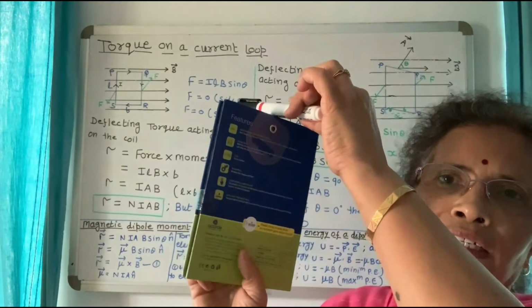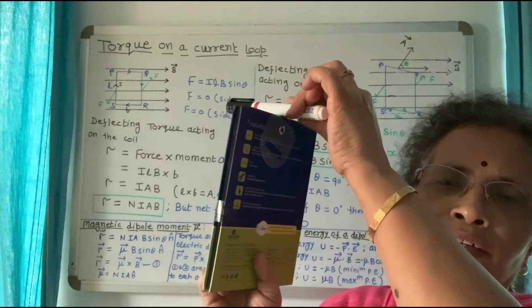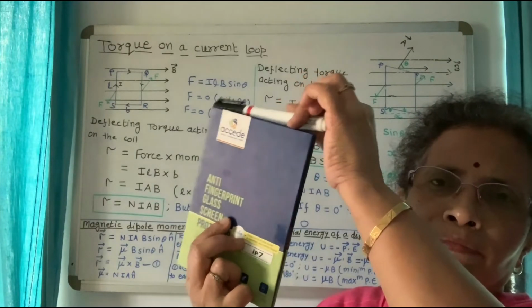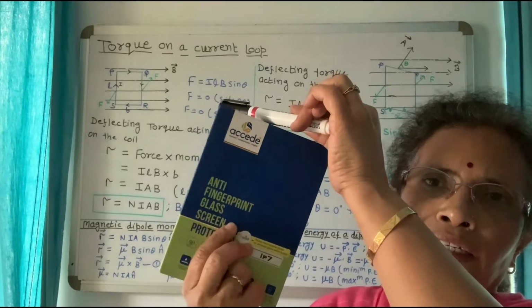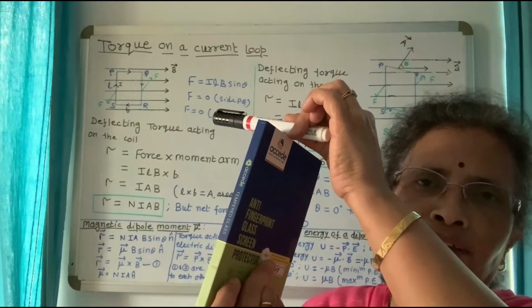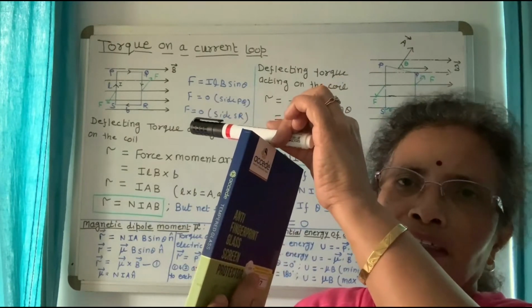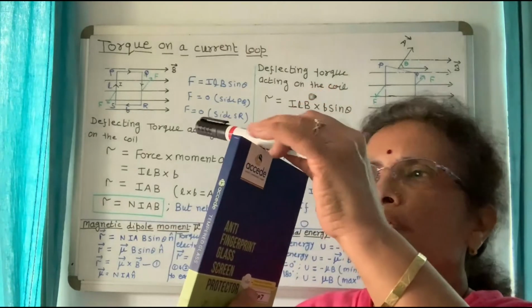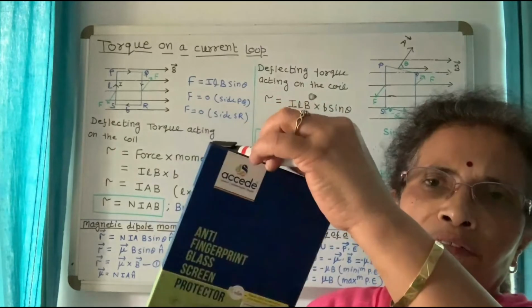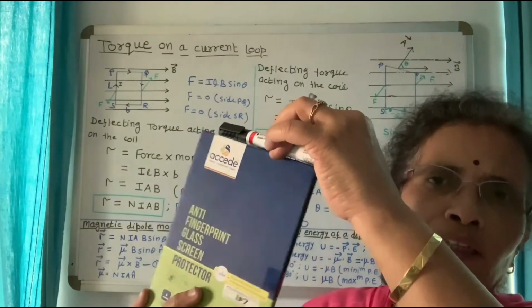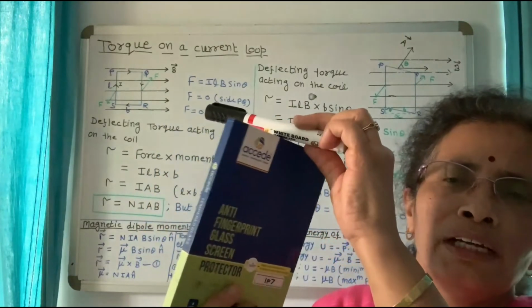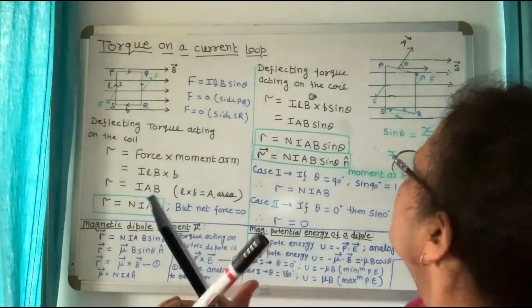Are you getting this? This is the coil. This is one situation: the coil is rotating, the coil is parallel. Again it is rotating, and it is perpendicular, because the area vector is perpendicular to the coil. So we will see what the angle is in different situations. Right now we are studying an arbitrary situation in which the coil makes an angle theta with the magnetic field B.